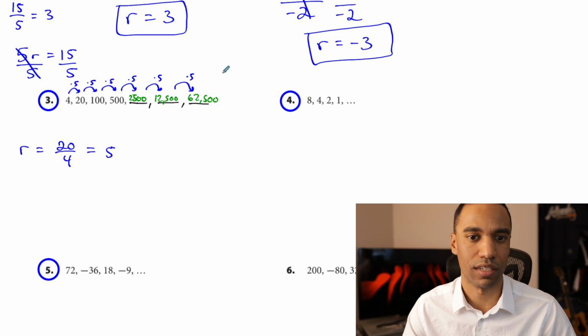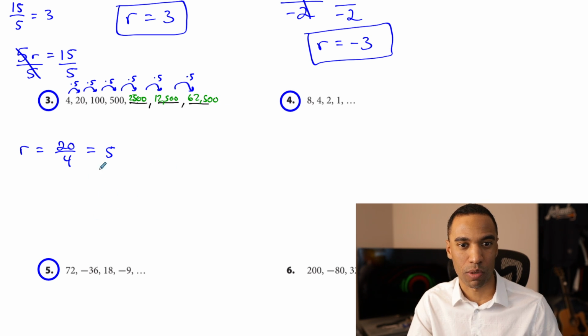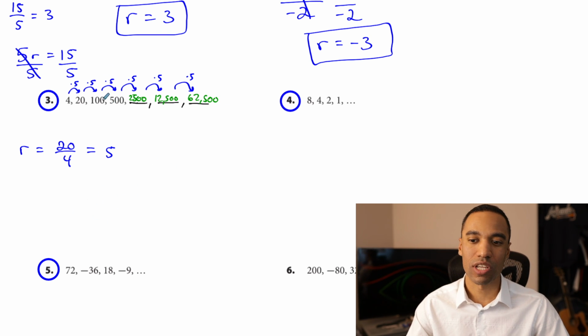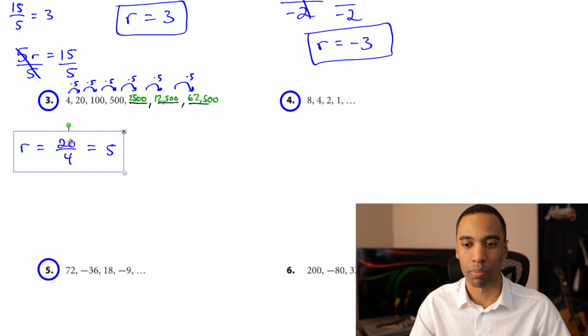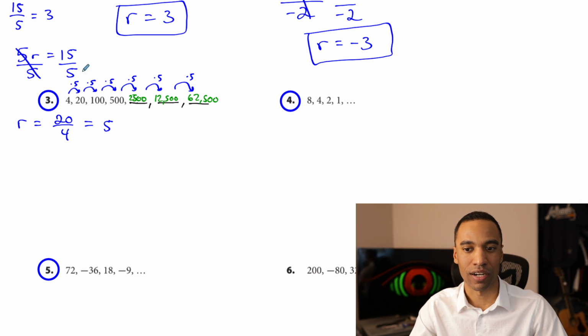62,500. I think that's it. I apologize if I'm not getting the right numbers. I don't know why they give me so much room. Oh, I know why they give me so much room. Here's something else that they might want you to do and what you'll probably see out of the book or other things. What they might write here next time is,